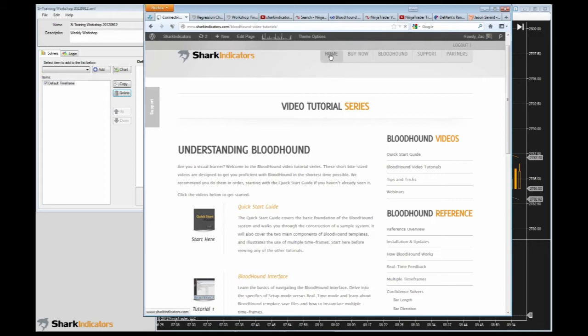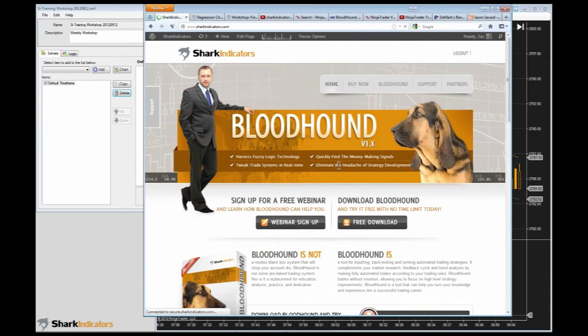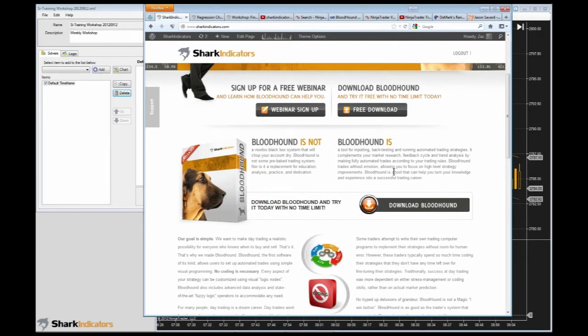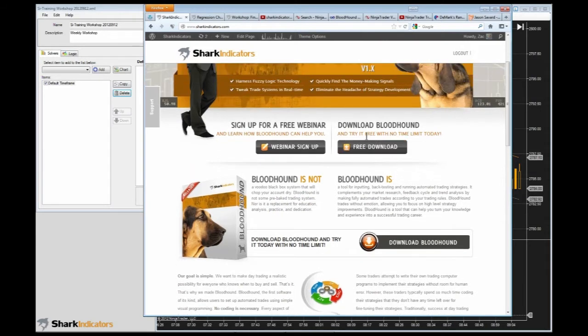We removed the 30-day trial, so the trial period is indefinite. On the previous home page, if you remember, the Bloodhound trial was a 30-day period. Now that's indefinite. And so what we've done to allow for an indefinite trial is